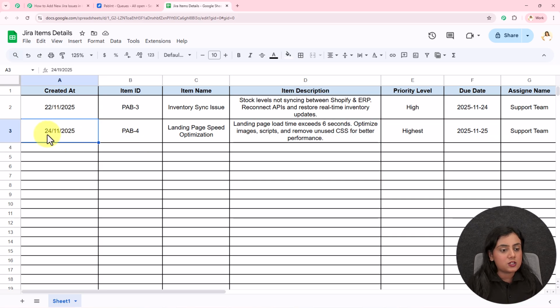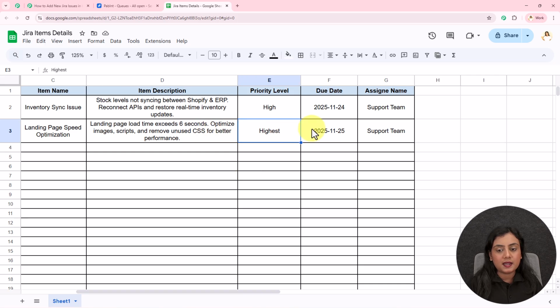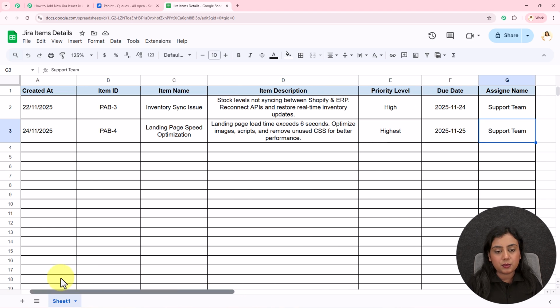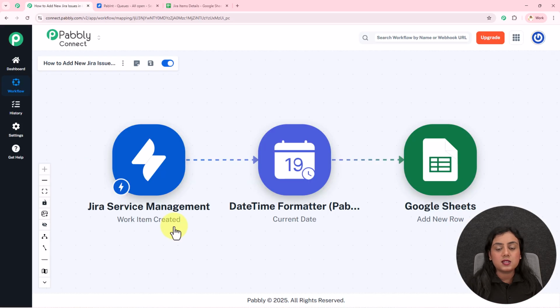Created at date is 24th of 11, that is November 2025. Item name PAB04, Landing page speed optimization, the same description, priority highest. Due date it's tomorrow's date, 25th 11 2025. And the assigned team is support team. So now the record has been created in my Google Sheets, this is how this amazing automation is going to work in real time. And now we will build a connection between Jira and Google Sheets without need of any coding and programming skills